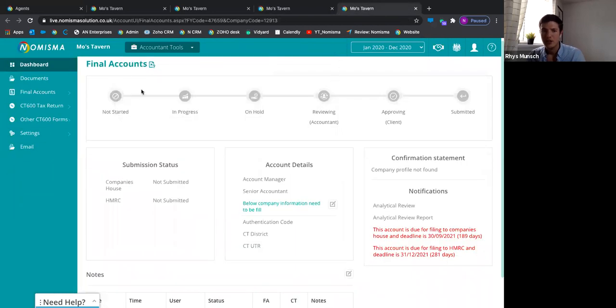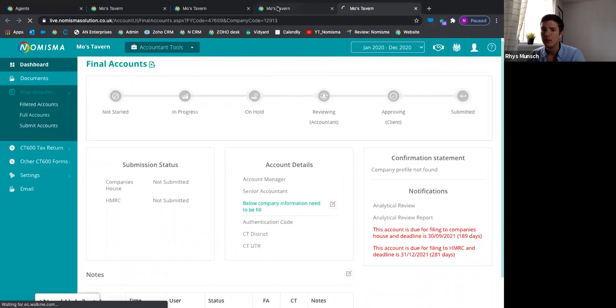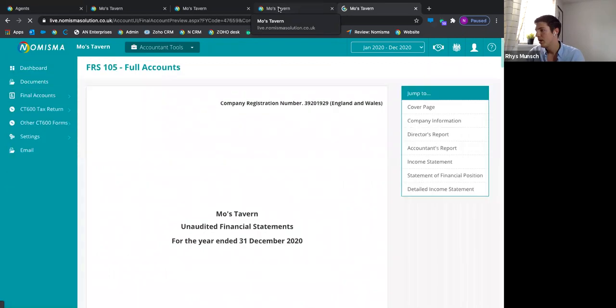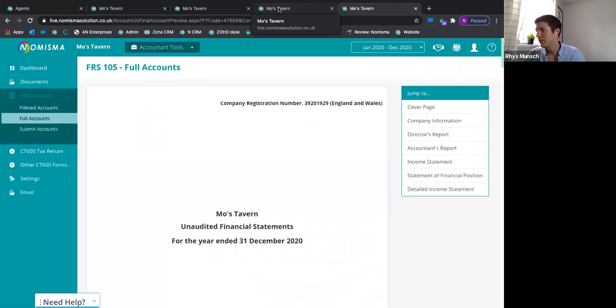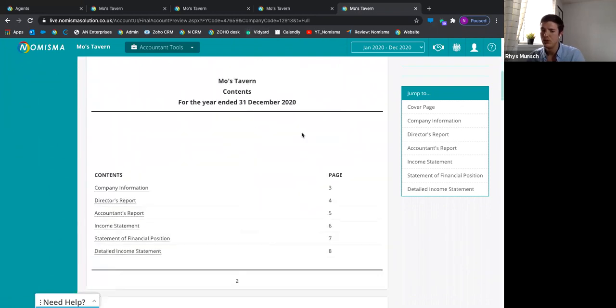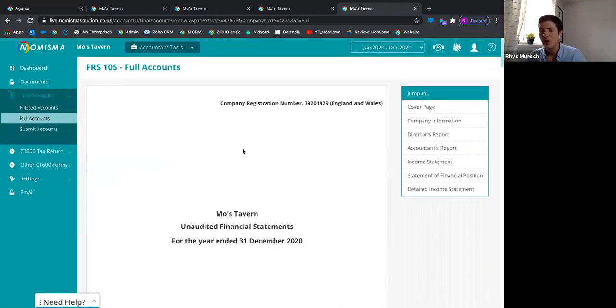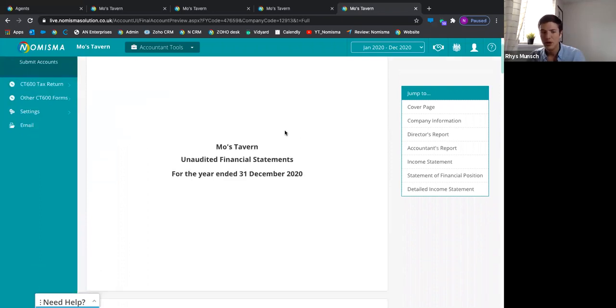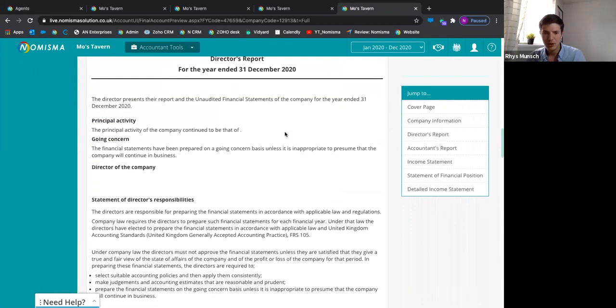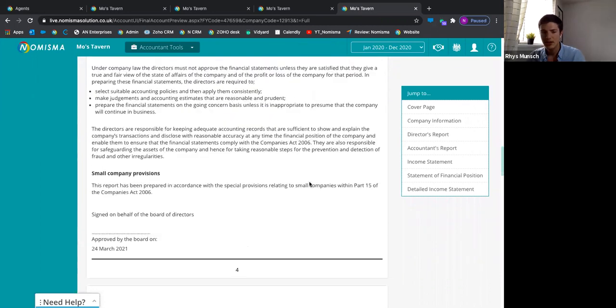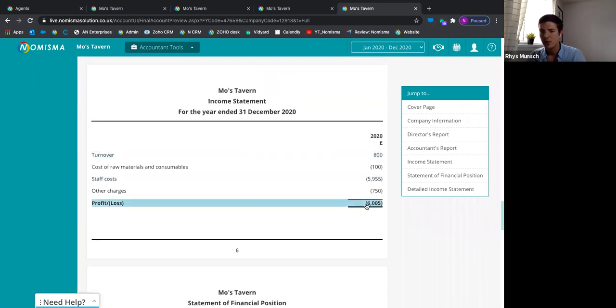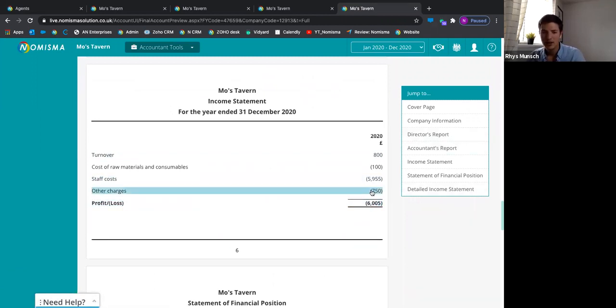But back over to final accounts now. As a result of all of that bookkeeping that you've done for Mo's Tavern, or the import of a trial balance if you don't do bookkeeping for them, what it would do is just produce the account for you. So this is an FRS 105. We do support FRS 102As as well, but for this company specifically, it's a 105. All of these notes you can edit, and then you'll just see it's pulled through all the data from bookkeeping, and it has gone ahead and